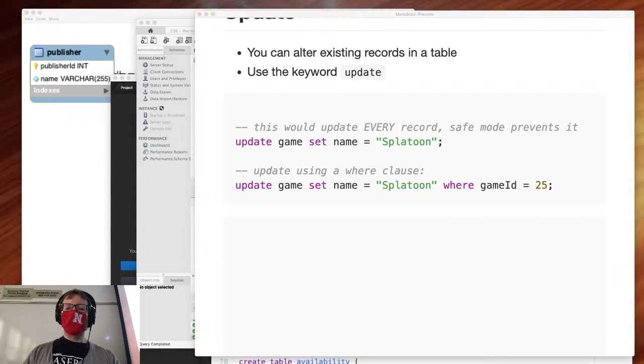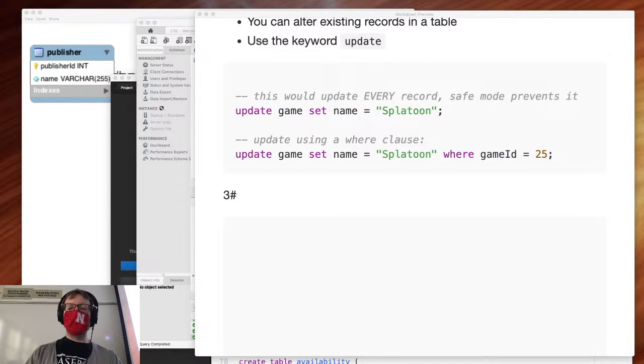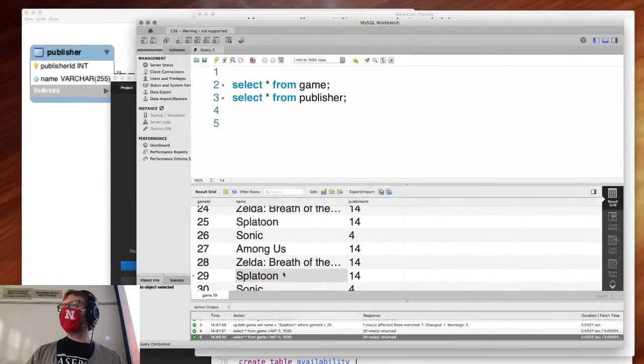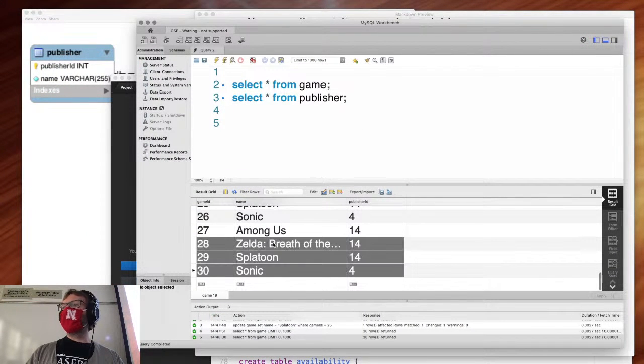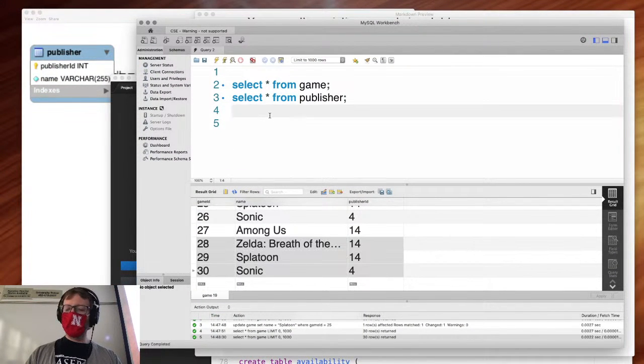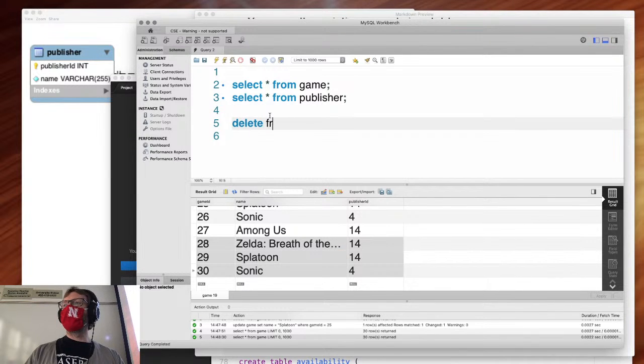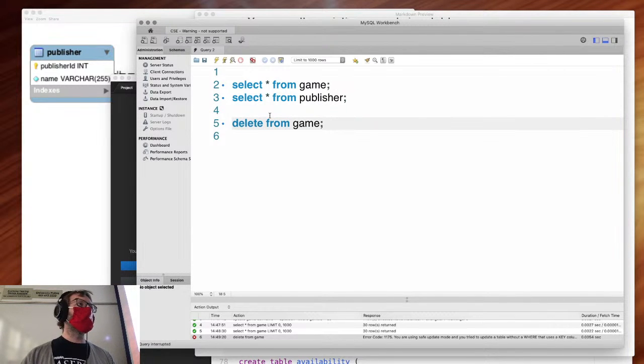All right, what about destroy? That's the delete, right? So destroy. So those 3 duplicate records that I screwed up, I want to destroy all 3 of them. Right? Delete from game. If I do it without a where clause, again, safe mode is going to prevent me from doing that, because if I were allowed to do something like this, then it would delete every single record, right? Safe mode prevents you from